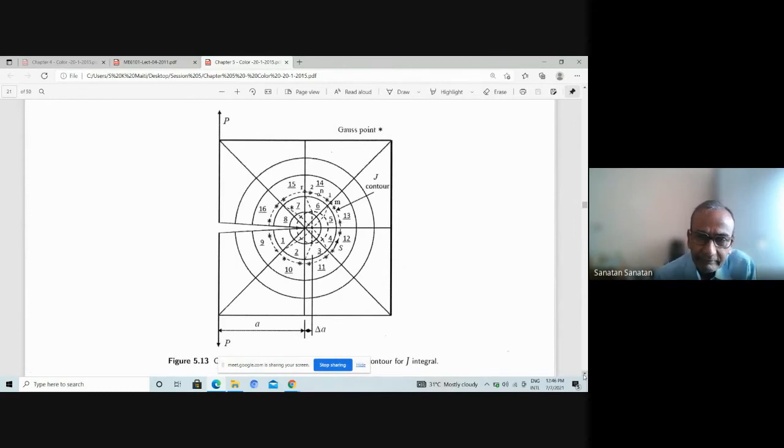So you see that I have a problem with crack size A, and then I have just amended the discretization by making the crack size A plus delta A. How have I done it? I have taken the elements which are around the crack tip within that circle there. I have just shifted them by a small distance delta A, and then my discretization fits a crack size A plus delta A.